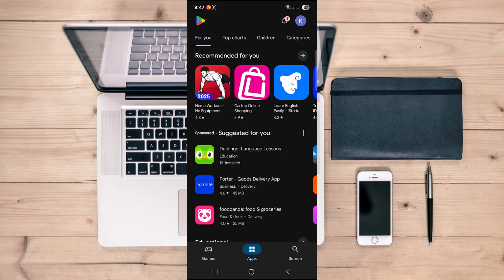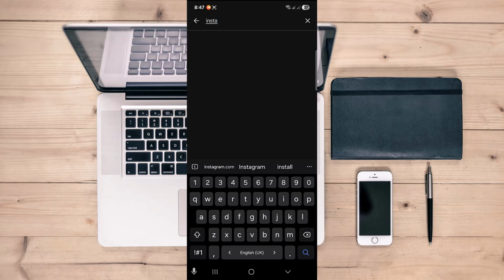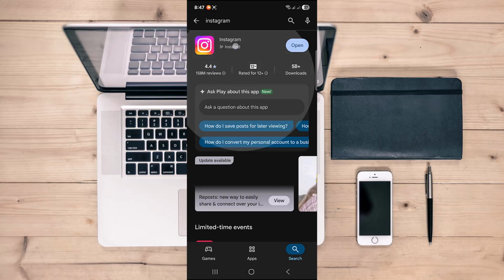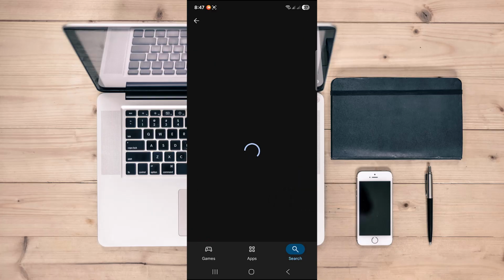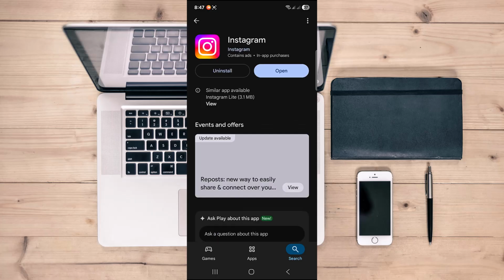and then search for the specific app, let's say Instagram. So once you are in there, check if there is any update available. If there is, then try to update the specific app, and then try to